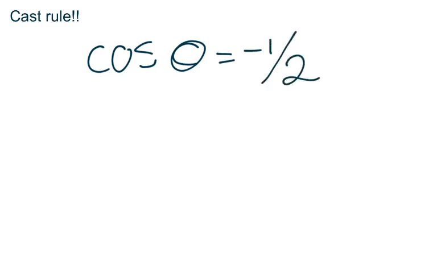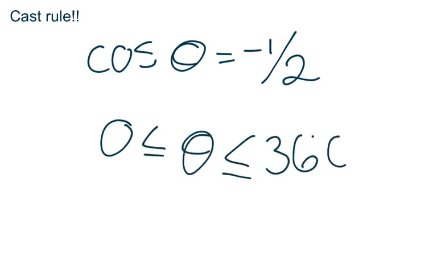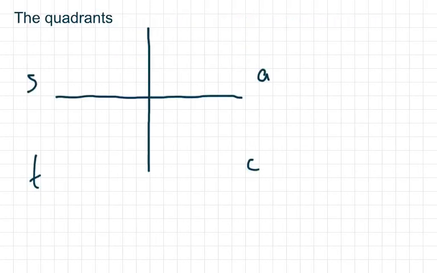And you're given this value of cos over an interval. So let's say somewhere where theta is between 0 and 360, and you're trying to find theta in this situation, and you need to find all of the possible values of theta. So to do this, we use these quadrants, which we remember with CAST,